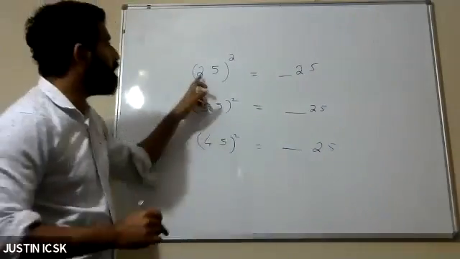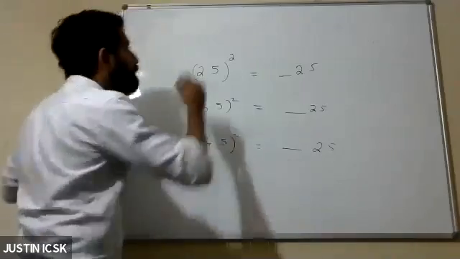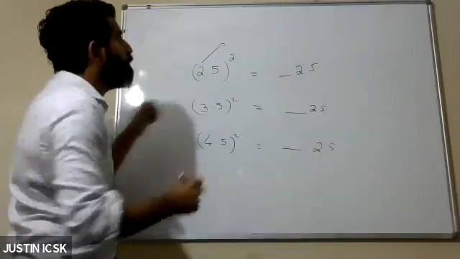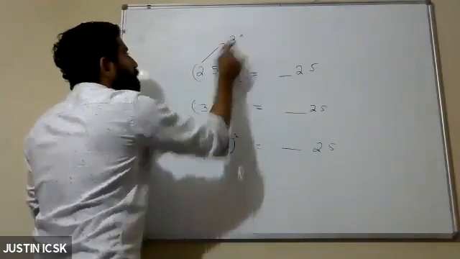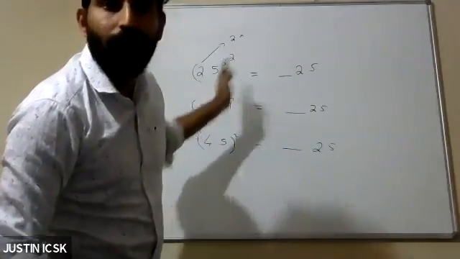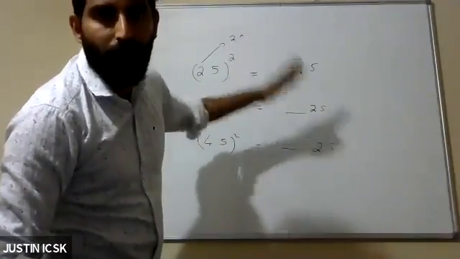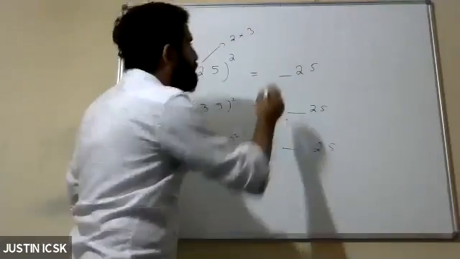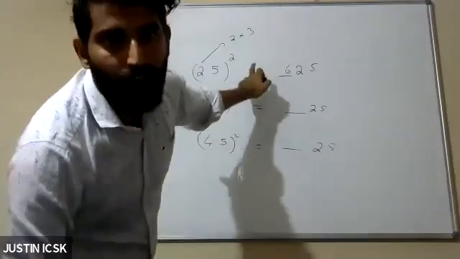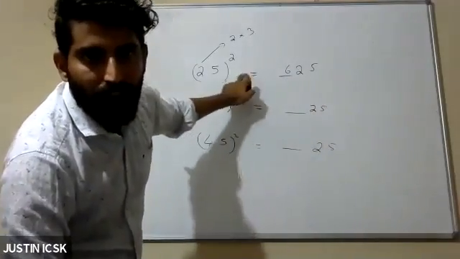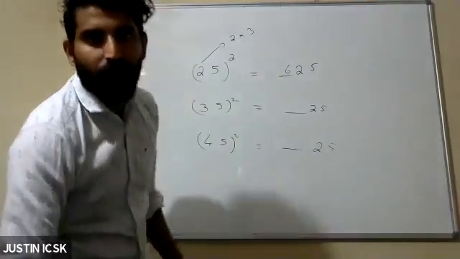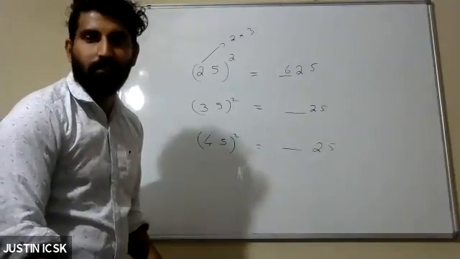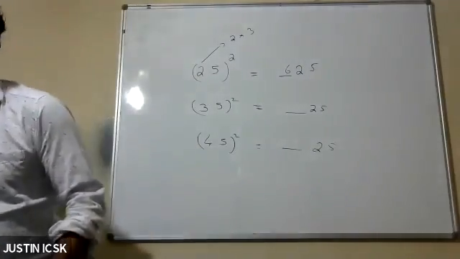The next step is very easy. If the number is 25, take the 2 and multiply it by the number after 2. The number after 2 is 3. 2 threes are 6. The answer is 625.